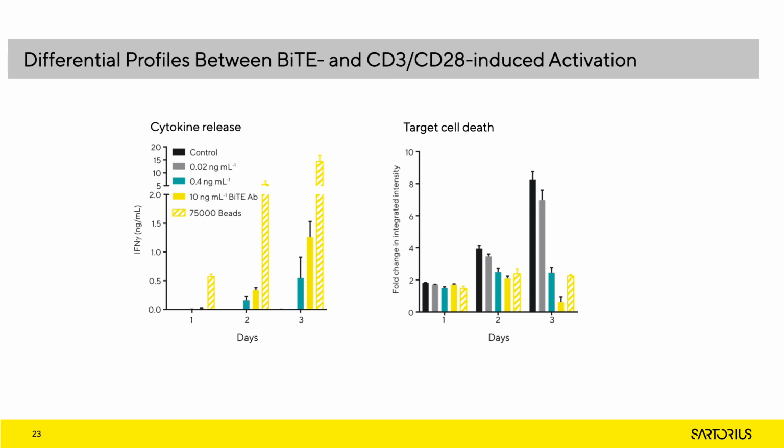We also compared BiTE-mediated killing to Dynabead-mediated killing. Interestingly, although stimulation with Dynabeads induced a much higher release of interferon gamma, this did not translate into lower target cell numbers. In fact, we see that a bead concentration of 75,000 produces nearly tenfold more interferon gamma when compared to the top concentration of BiTE antibody. However, the BiTE induced a 93% reduction in target cells, compared to only 72% with Dynabeads, which was seen consistently